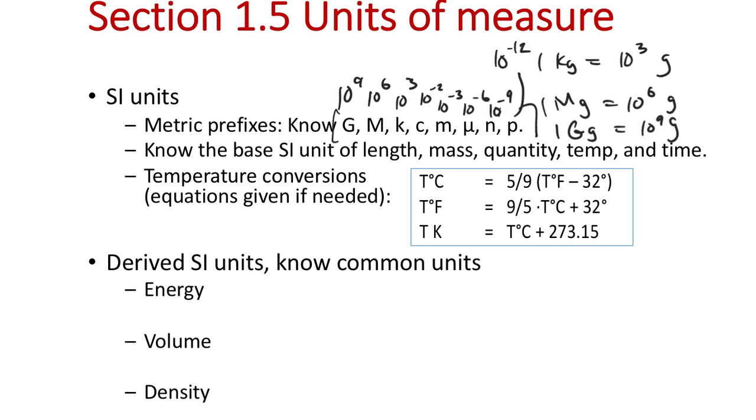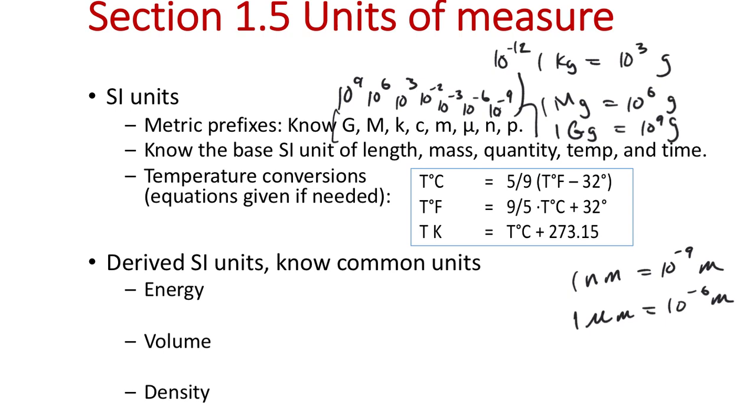When we get into chapter 6, we'll use like nanometers as a common unit. And we'll want to make sure that we know that if we're converting, say, nanometers, 1 nanometer is really small. So 1 nanometer is 10 to the minus 9 meters. 1 micrometer, that's the Greek symbol mu for micrometer, would be 10 to the minus 6 meters, etc. So we're just going to know how to use these metric prefixes and know those ones so we can use